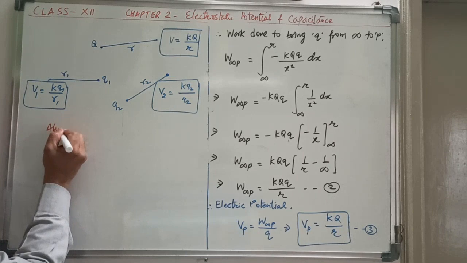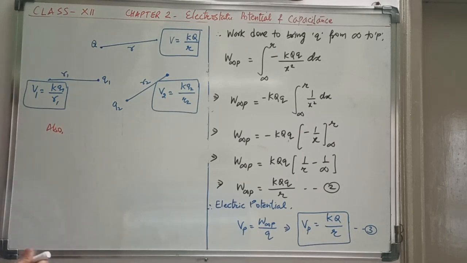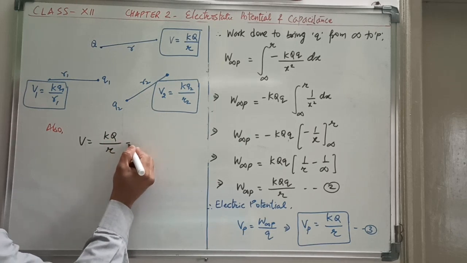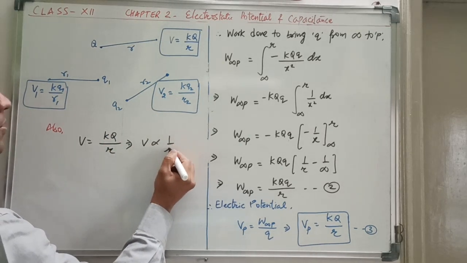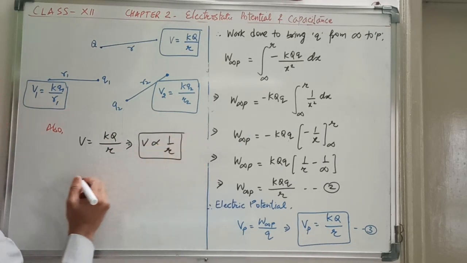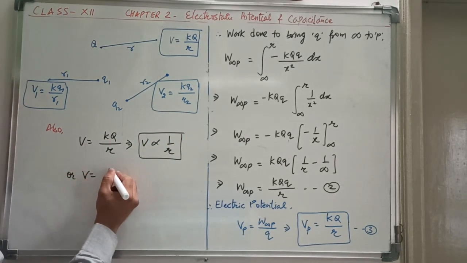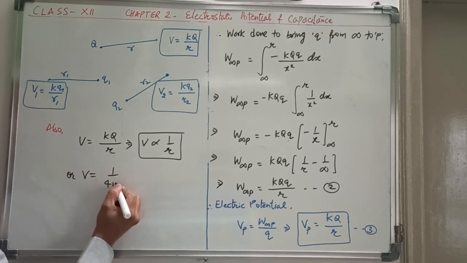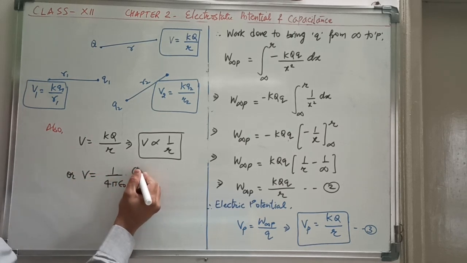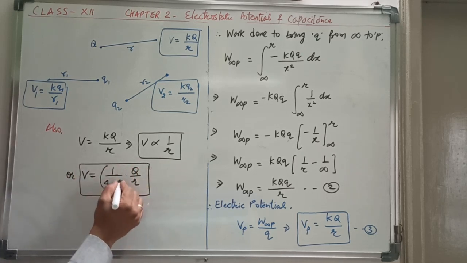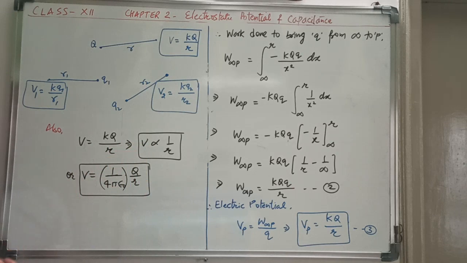Also, equation 3 implies V is equal to kQ upon R, so the dependence will be 1 upon R here, or the formula will be written as, k is 1 upon 4 pi epsilon 0, this becomes V is equal to 1 upon 4 pi epsilon 0 Q upon R. You know this 1 upon 4 pi epsilon 0 and k is 9 into 10 to the power 9 as